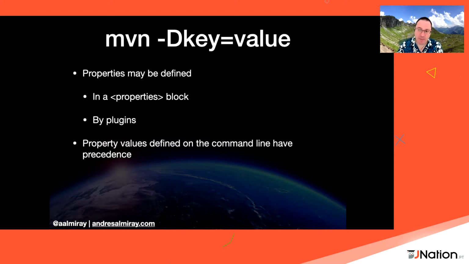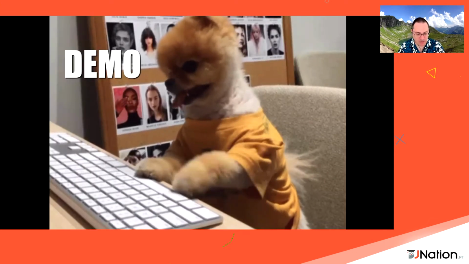You can also define properties in plugins. And as a matter of fact, for every parameter that is defined by a plugin or a module, if the parameter has an additional annotation value called property with a value, then that field will be exposed as a property. It doesn't matter if you define the property explicitly in the POM file, or if it's defined by the plugin, you can still override values for these things on the command line. Now, let me show you a quick example of that.